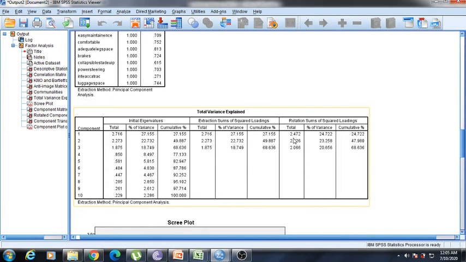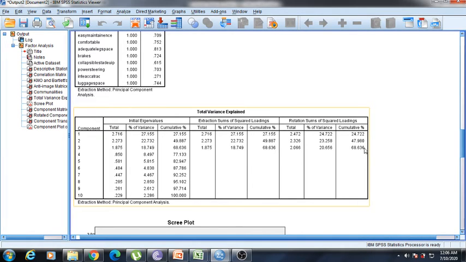For the rotated also, these are the eigenvalues, and 2.472, if we divide by 10 and multiply by 100, you will get the value. Why 10? Because there are 10 variables. Divided by 10 into 100, you will get this value. Again this divided by 10 into 100, you will get this value and this value. So what it is explaining: these three factors, we have seen that from these 10 variables 3 factors are extracted, and these 3 factors explain